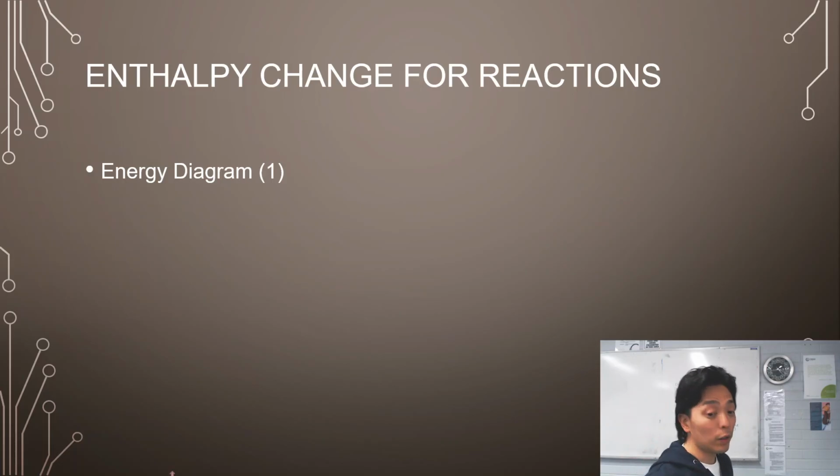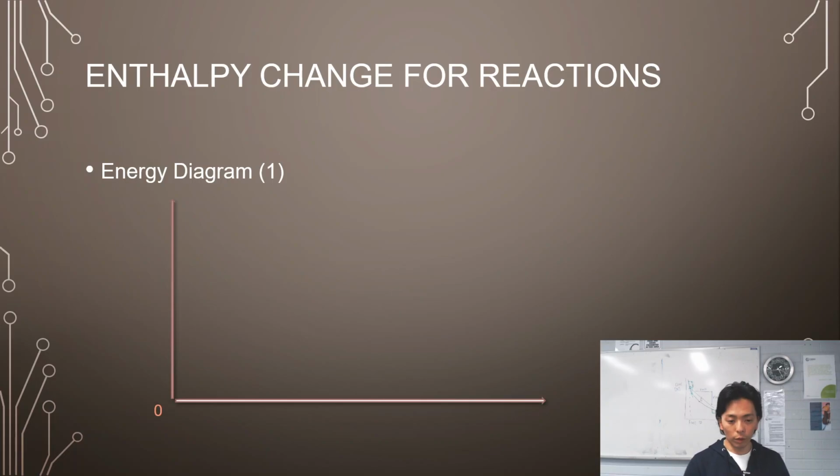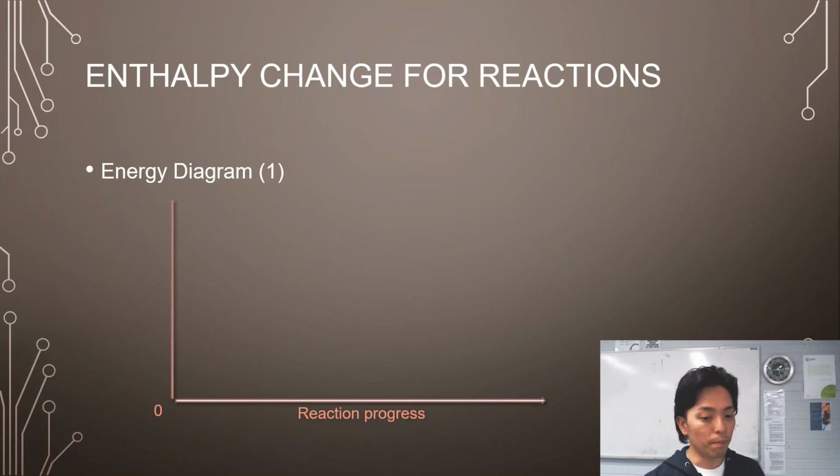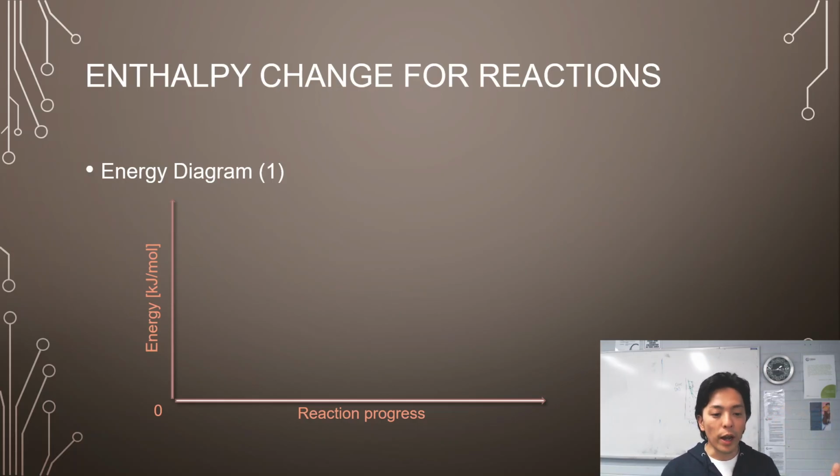Now, I've been doing this stuff with my hands, but that can be drawn with what's called energy diagram, energy profile diagram. Now, first one, well, let's look at what's the main parts, components of it. Reaction progress is the x-axis. It's kind of like time, but it's not really looking at time. It's just how it progresses. Energy is on the y-axis, so the higher on that y-axis, things have got higher energy. Kilojoules per mole it is. So per mole, how much energy in kilojoule